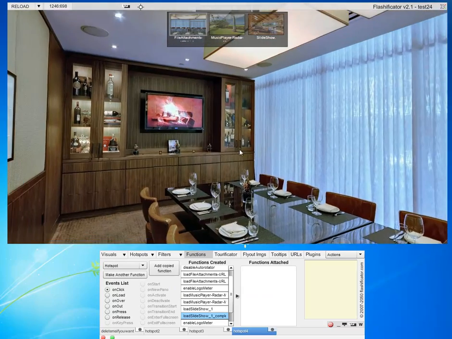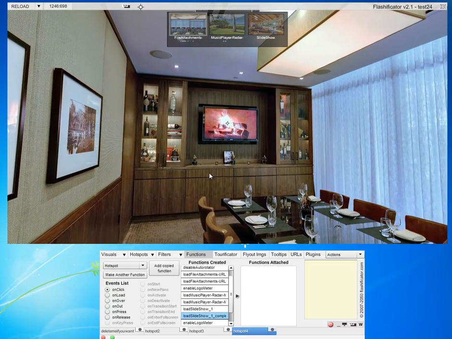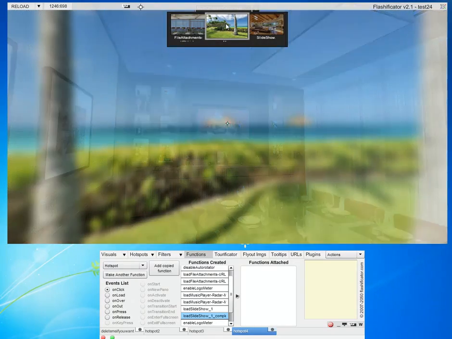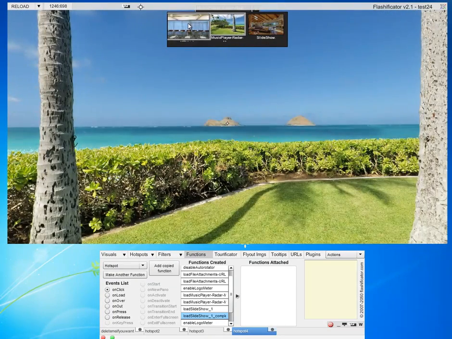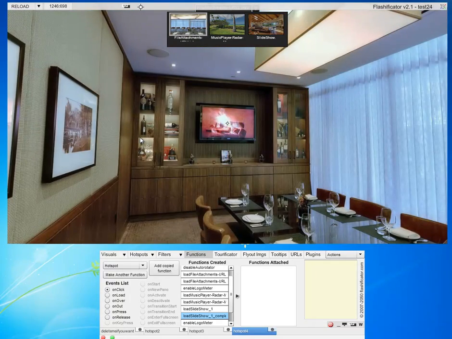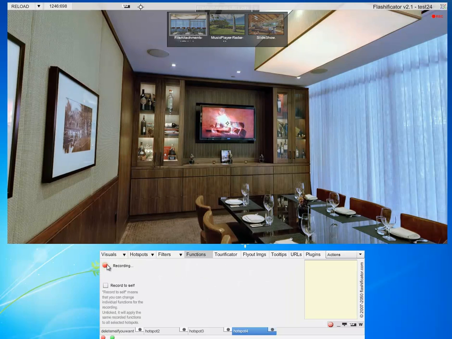Now I want it to go back to the exact same position. In order to do that, I have to know exactly what the position is, so I click off the panorama to a different panorama, and then I click back on the panorama. Now we're in the exact same starting position that we want the ending position to be. So we make another function, record, visuals,